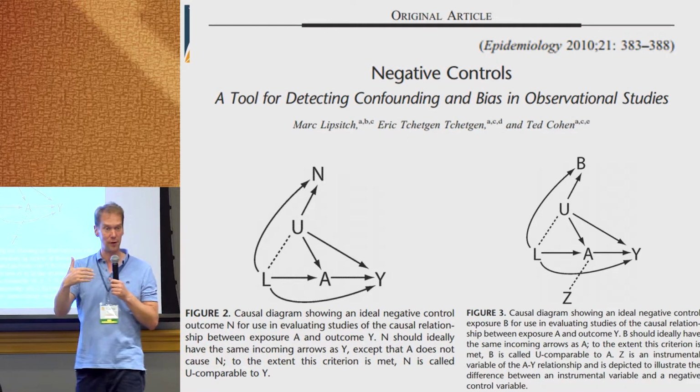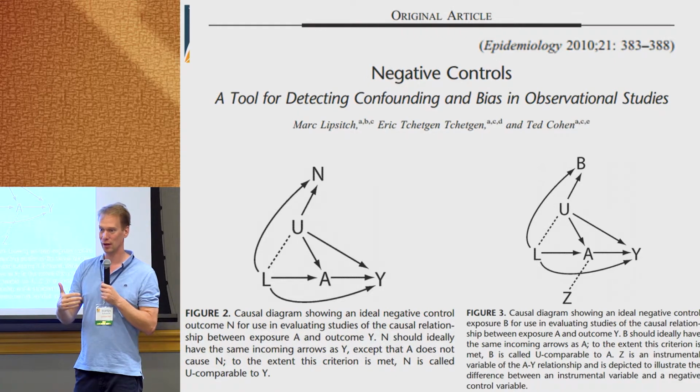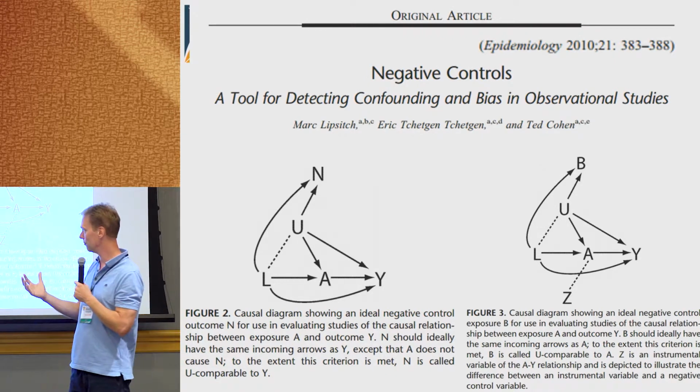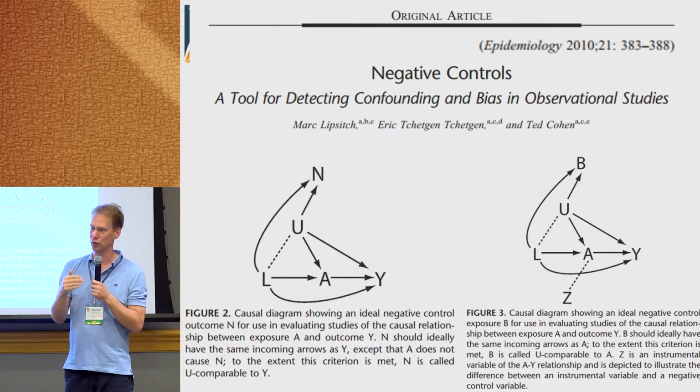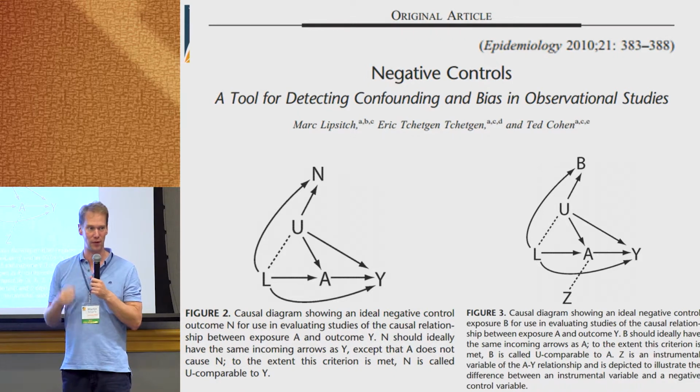And so that's a different way of using negative controls. The assumption there, of course, is that you're sampling from some sort of a distribution of confounding that exists, and that is exchangeable with the confounding of your